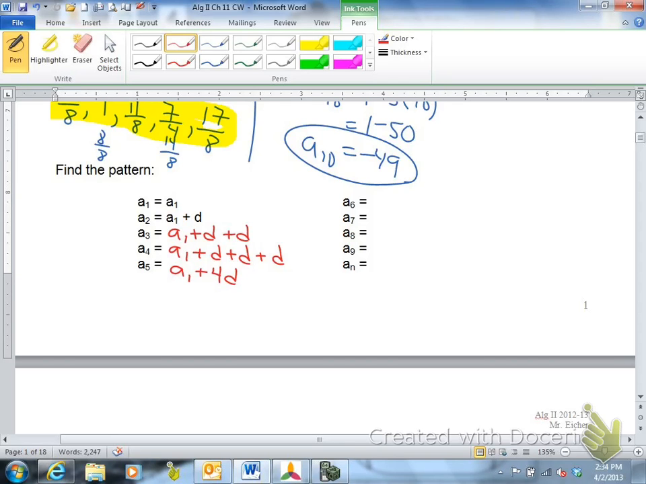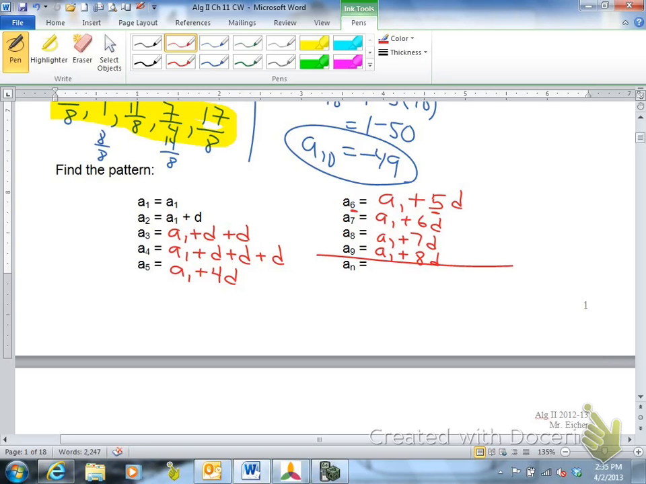And you can keep going with this pattern. So a sub 6 is a sub 1 plus 5d. Notice the relationship between the position that you're on and the number right here with the d. So a sub 6, you're adding 5d, one less than that. So a sub 7 is a sub 1 plus 6d, a sub 1 plus 7d, a sub 1 plus 8d, and then a sub n